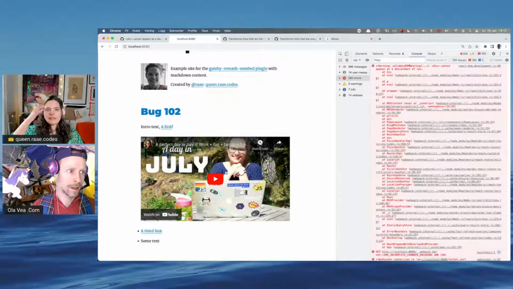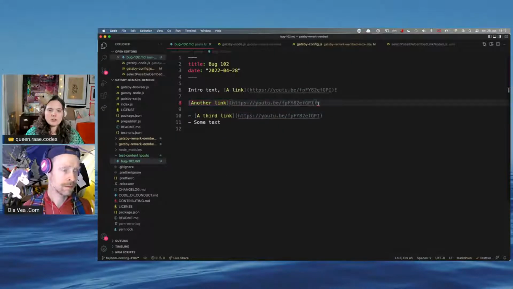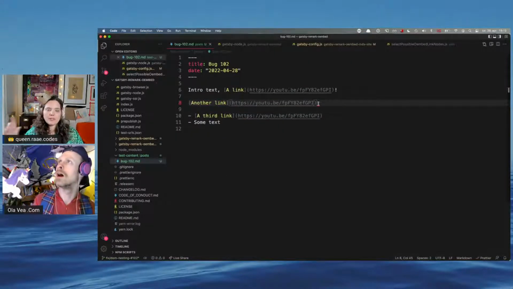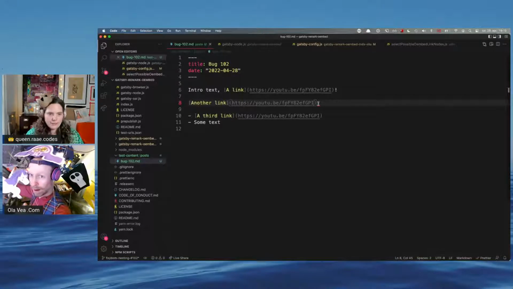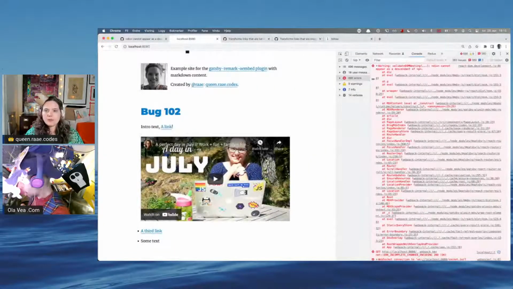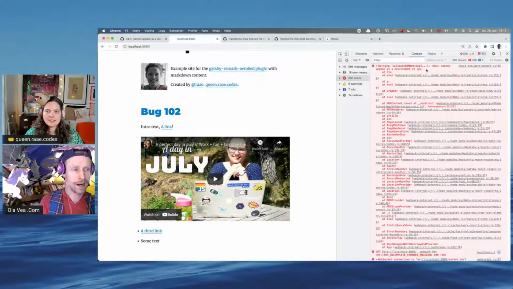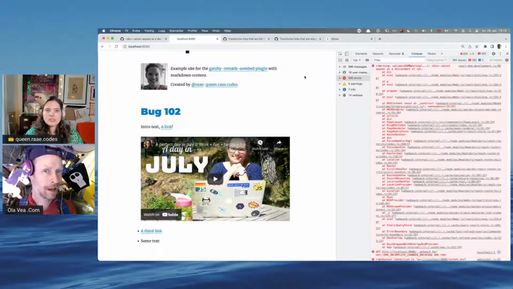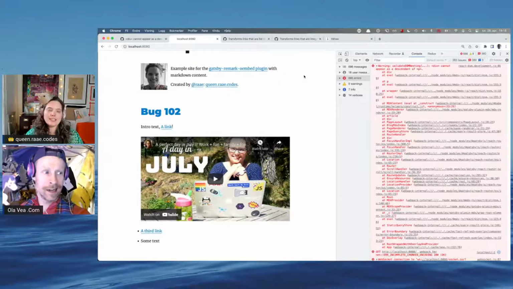If you want to read more about oembed, go to oembed.com. It's a protocol where you send in a link. So we send the YouTube link to the YouTube oembed endpoint, and we get back information about what its embed version should look like. And in this case, it's an iframe. But we're getting this little problem where it's saying there's a div, and it shouldn't be a descendant of our paragraph. So this is where we need to dig more into Markdown, how Markdown is parsed and how it's done in Gatsby.